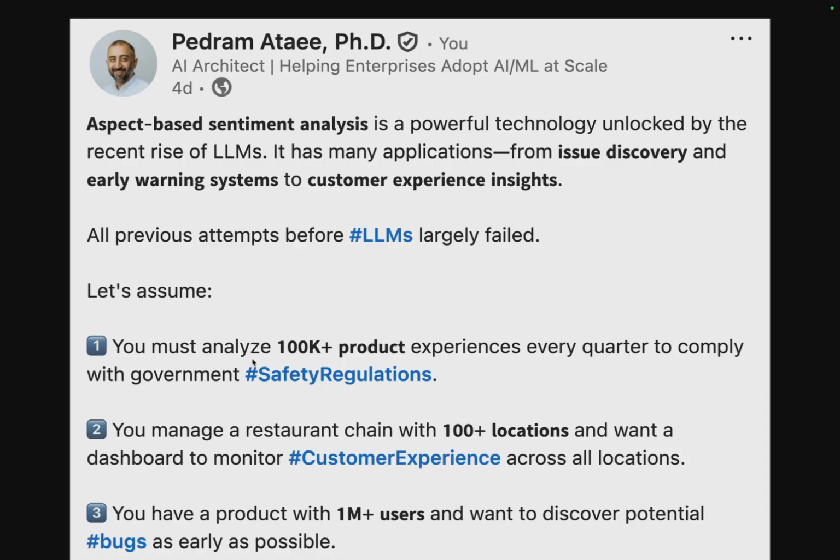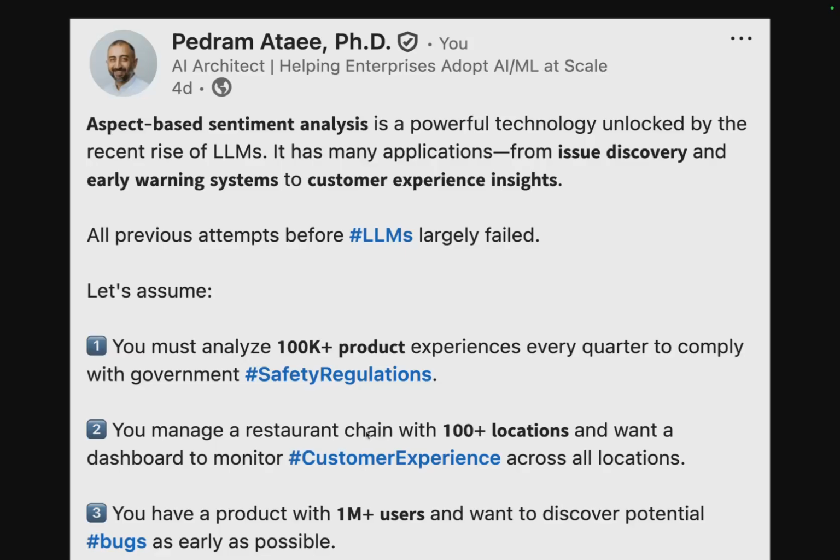Now let's assume you manage a restaurant chain with 100 plus locations, and you want a dashboard to monitor customer experience across all of these locations every day. This is very useful for the managers of this sort of store chain.